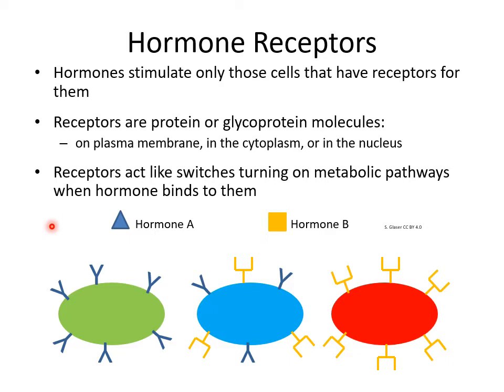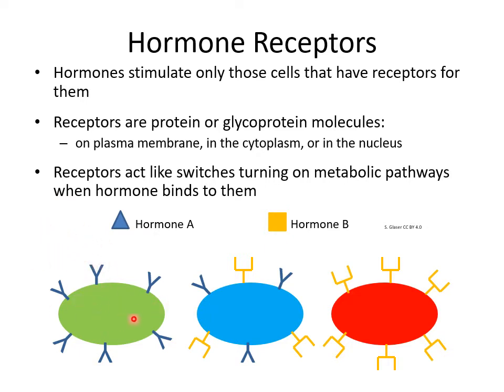And one of the things that you are hopefully told and taught in Bio 11 is that when something binds to a protein, the protein changes shape. So when a hormone binds to a hormone receptor, the receptor will change shape. And when that receptor changes shape, all of a sudden that protein is able to do things that it couldn't do before. And those things are what change the behavior of the cell and create the effect on the target cell. But the number one thing to remember is, in order for a cell to respond to a hormone, it has to have a receptor that will bind to that hormone.